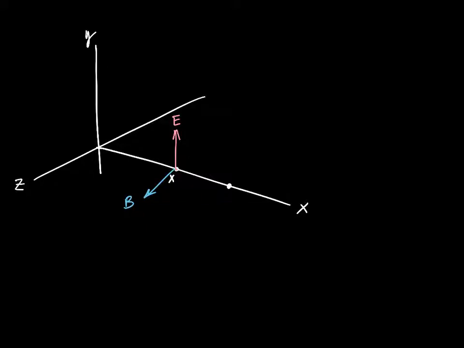Now, if I pick another point down the road here that's basically X plus delta X away, and let's say that at this point the electric field has increased, so I have E plus delta E. Well, then I'm going to have a corresponding B plus delta B. And so what's happening is